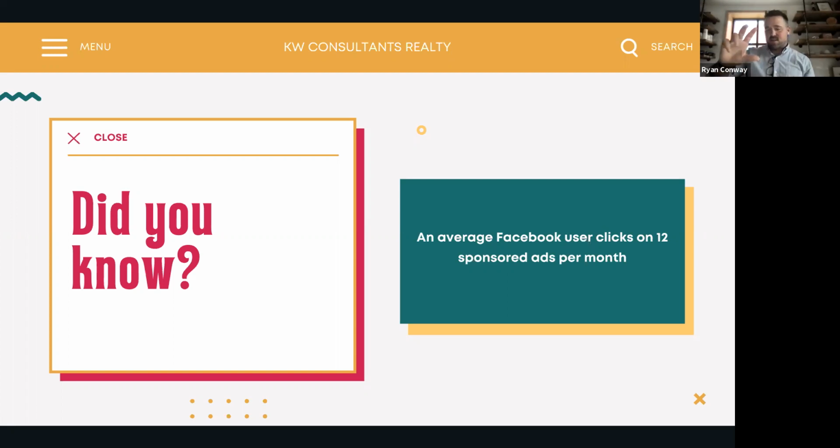But there's a nice thing on each of the sponsored ads: in the top right corner, it'll have three dots. You click on that and select why am I seeing this ad? You can see the targeting terms they're using, and why their ads are showing up in your feed.